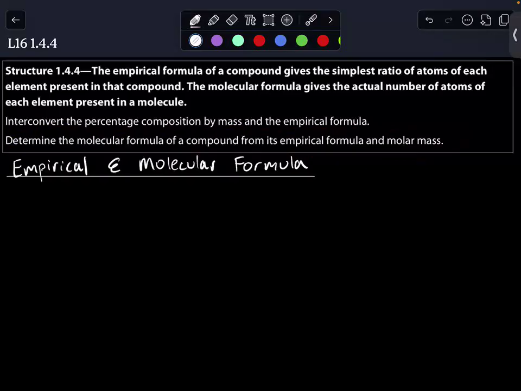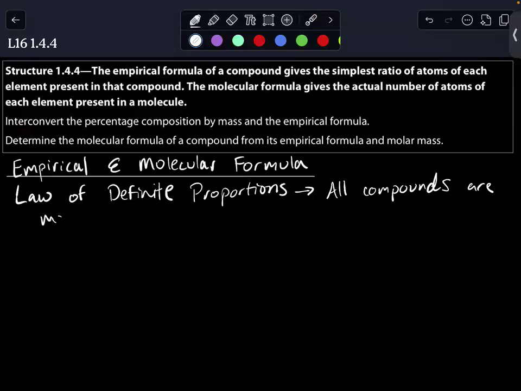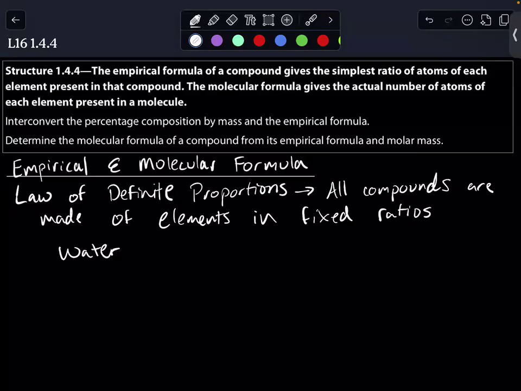And we have to start with a little bit of chemical laws, specifically the law of definite proportions. So you don't really need to have this law memorized word for word, but it's basically the idea that all compounds are made of elements in fixed ratios. Quite simply, what that means is like if we have water, water is always H2O, two hydrogens